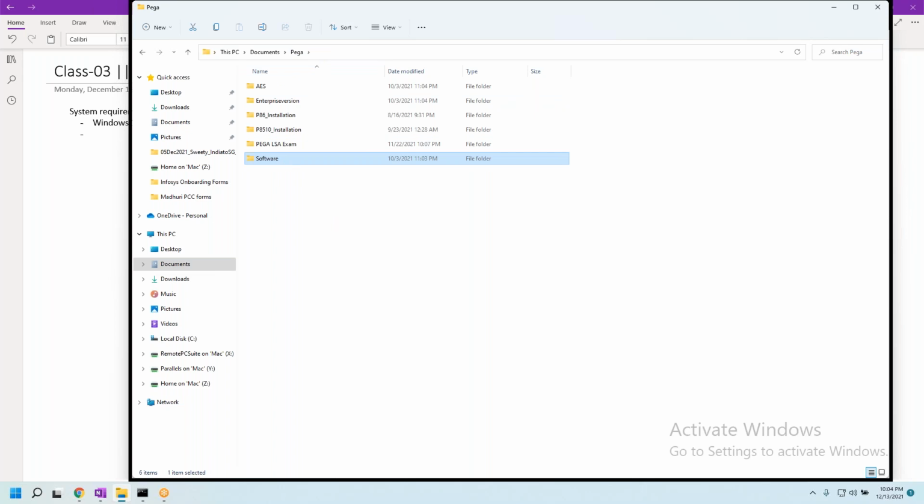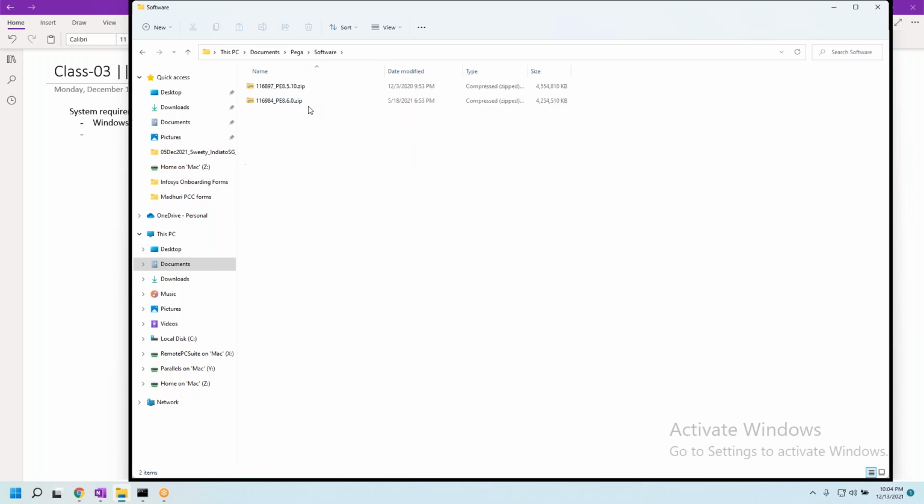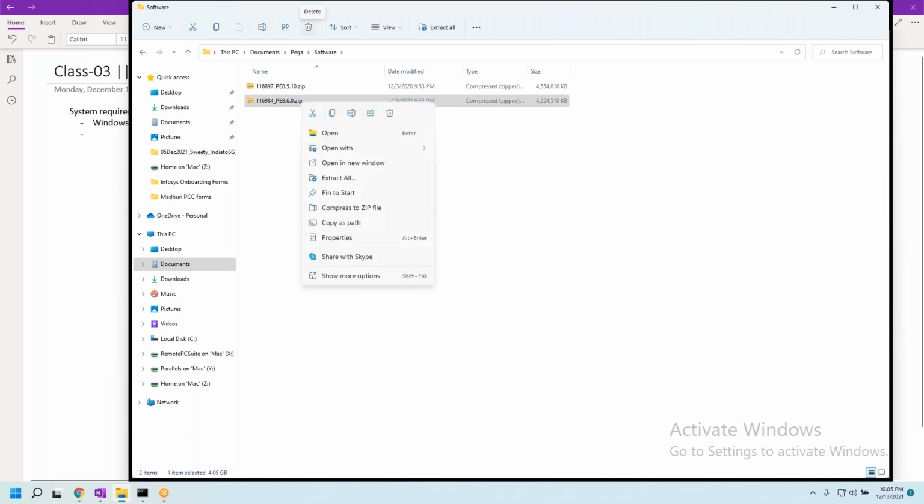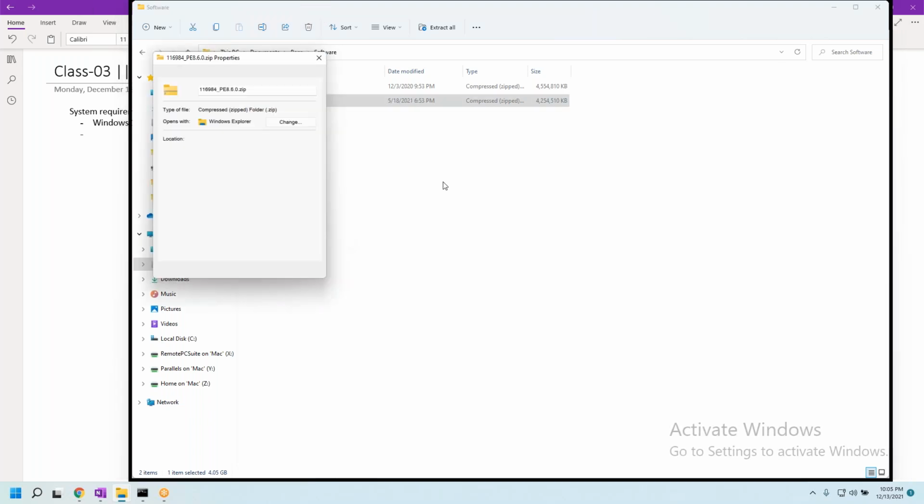So basically, I'll be sharing this zip file, the Pega 8.6 zip file, which is around 4.5 GB, I guess, around 4.05 GB.